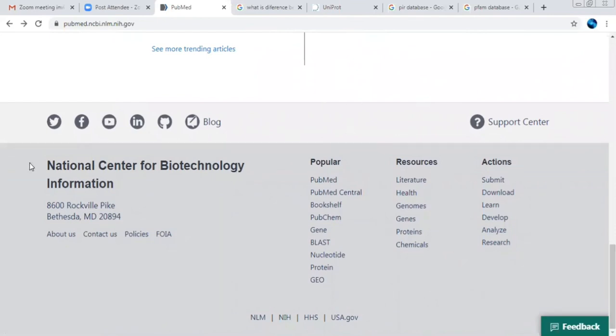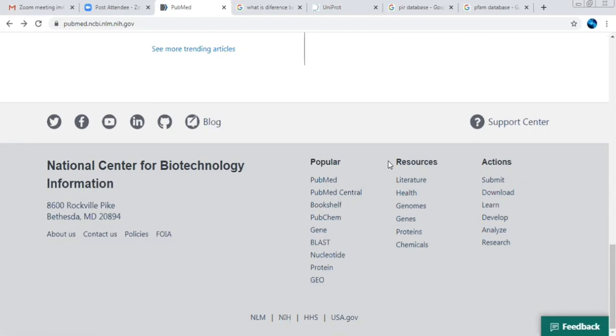Yes, it has been linked with the NCBI, that is the National Center for Biotechnology Information. And here you can see PubMed has been linked with other databases. Whenever you search, you will get datasets with links to PubMed Central, Bookshelf, PubChem, GenBank, BLAST, Nucleotide, Protein, and the GEO database.